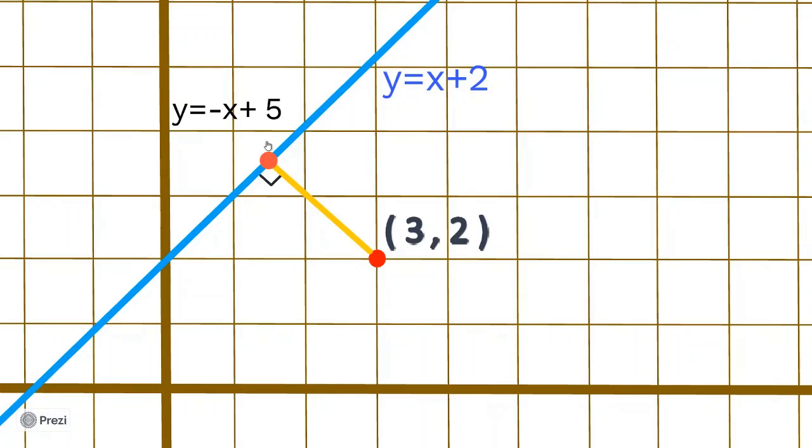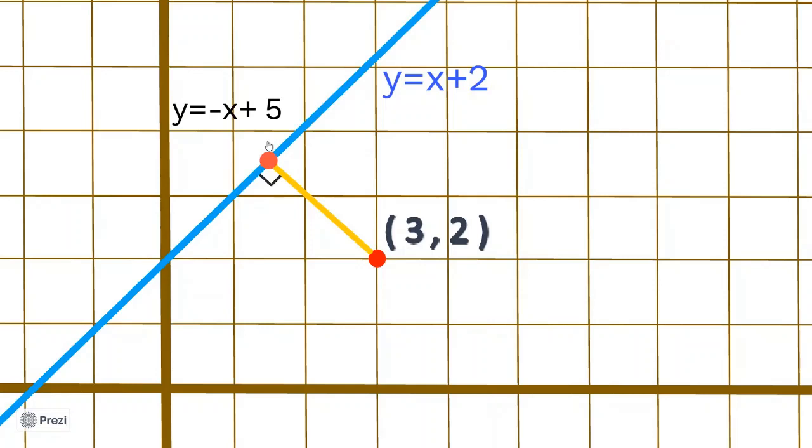And you can check that. How to check what the y-intercept is? Extend the line, and you see that if I extend the line, it will meet 5. 1, 2, 3, 4, 5. You see that? It meets the fifth line. So it is true. Okay, let me take that off. So we have got the equation y is equal to minus x plus 5.